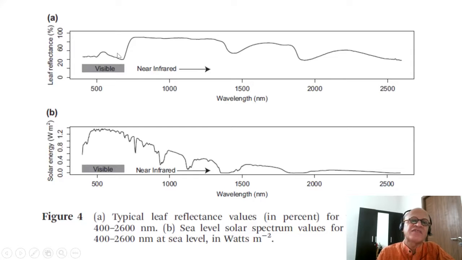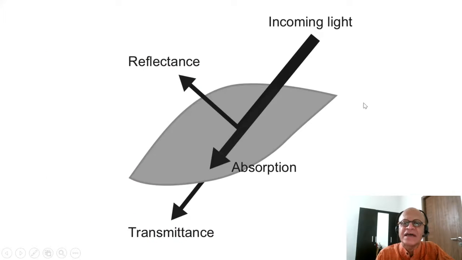And then leaf reflectance also has properties in the near infrared where the thermal energy is being lost. So that's the idea of trying to modify properties to change infrared reflections. And here is the energy from the sun in the near infrared. Obviously it drops off fairly quickly. Incoming light is reflected, absorbed, and then transmitted by the leaves. So there are various waxes that are secreted by the leaves for